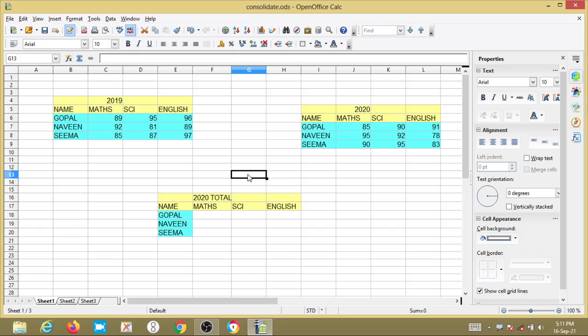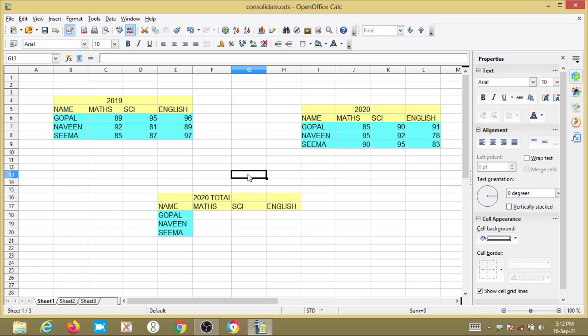Before that, we will study consolidate data and creating subtotals, then the what-if scenario, goal seek and solver. So 5 steps are there: consolidate, creating subtotals, using what-if scenario, using goal seek, and solver.